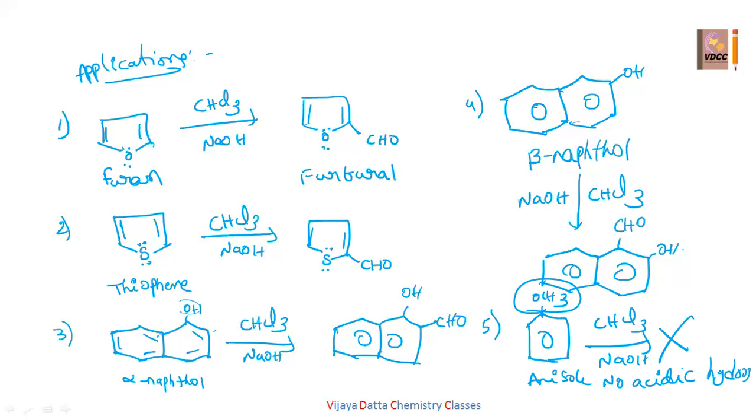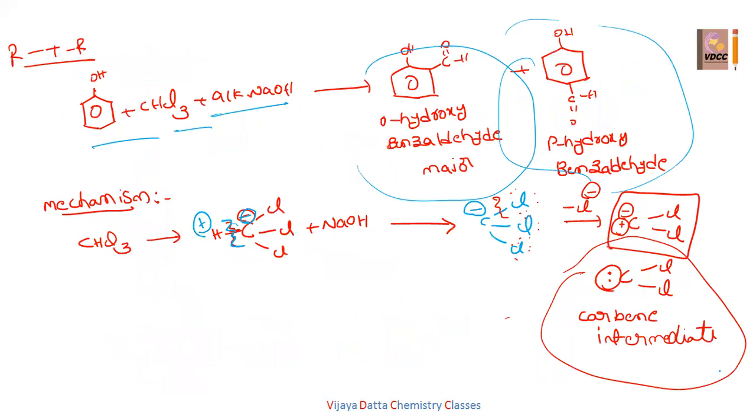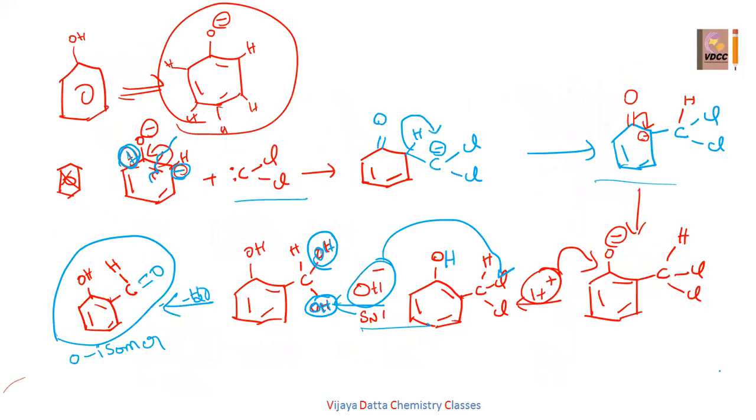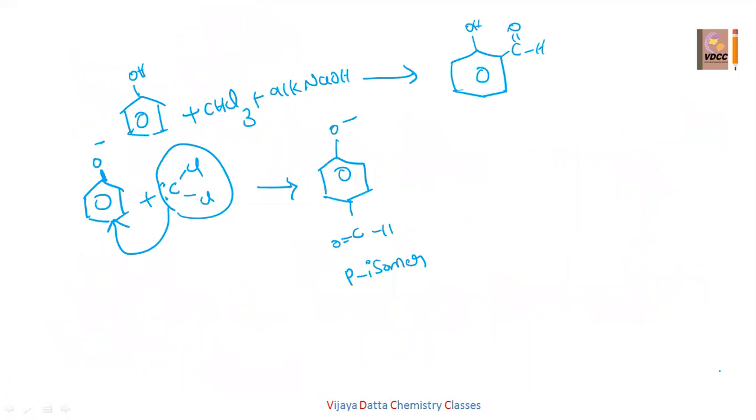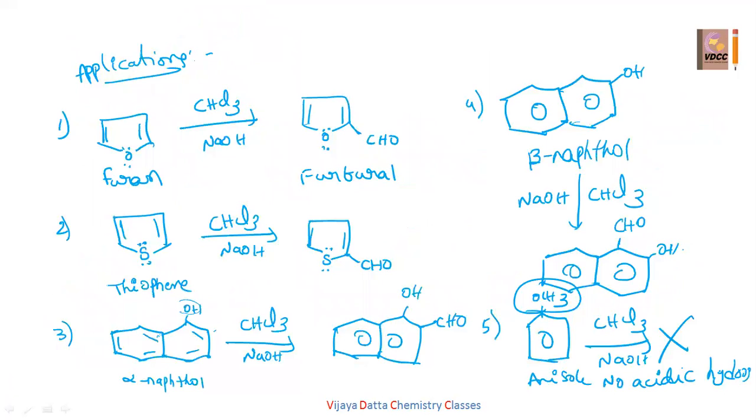Okay, students, thank you so much. These are the application parts. This is the reaction mechanism. I explained how to create the carbene. That carbene attacks the phenoxide ion at the ortho position, giving the major product, and the para position gives the minor. I also explained the properties: it is electrophilic substitution, the electrophile is a neutral electrophile, and that electrophile is the carbene. Wherever you have an acidic hydrogen containing alcoholic group, a CHO will attack at the ortho position in the presence of chloroform and NaOH. That is called the Reimer-Tiemann reaction.